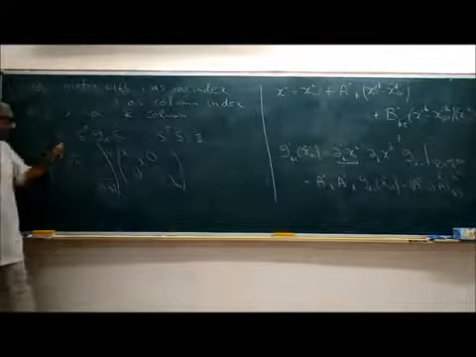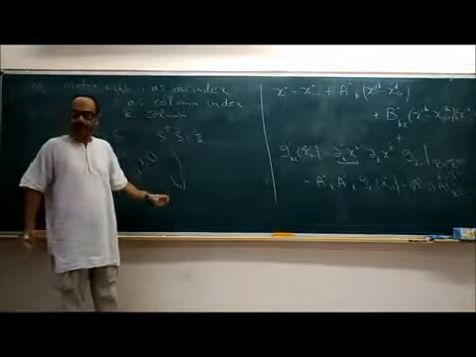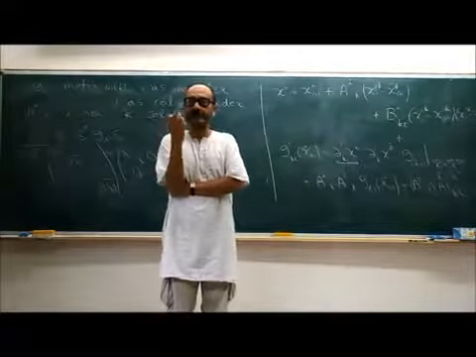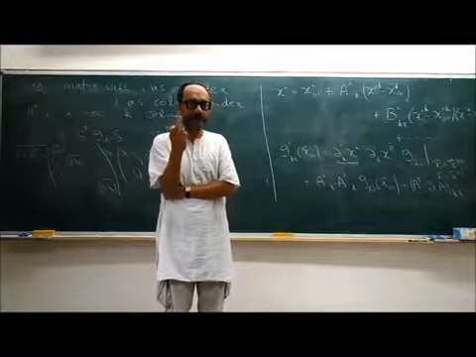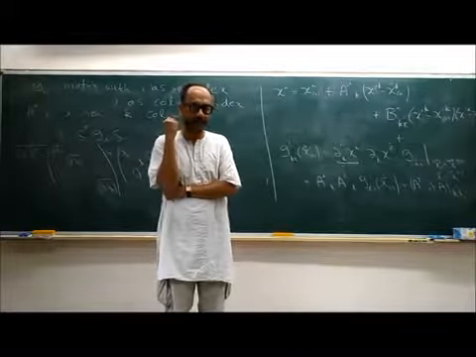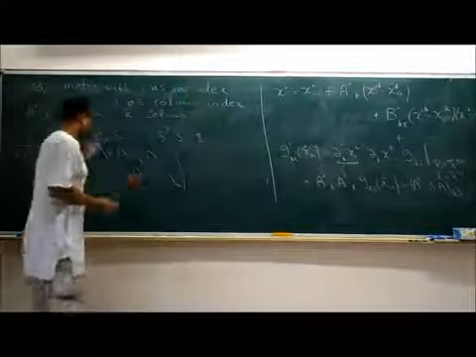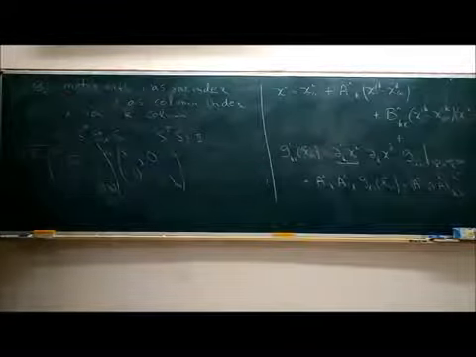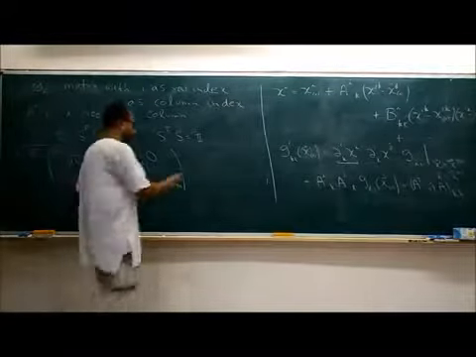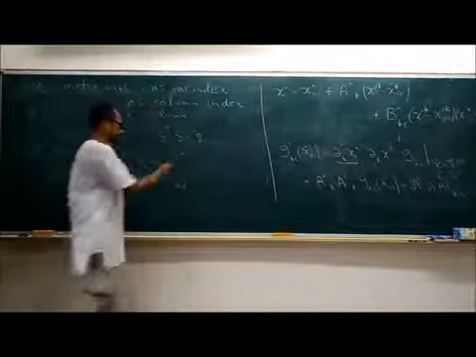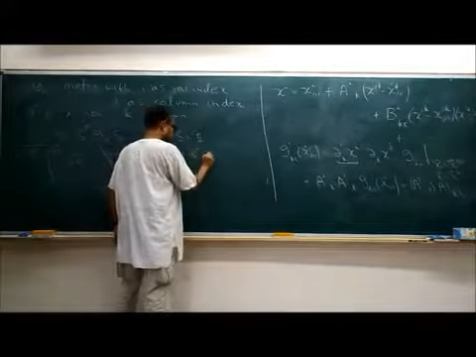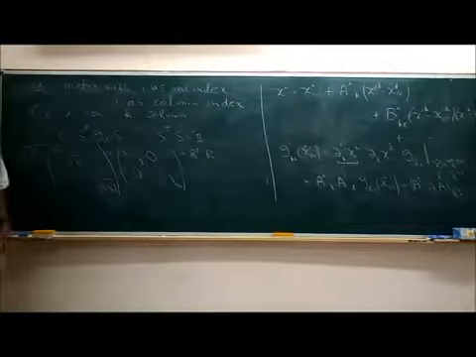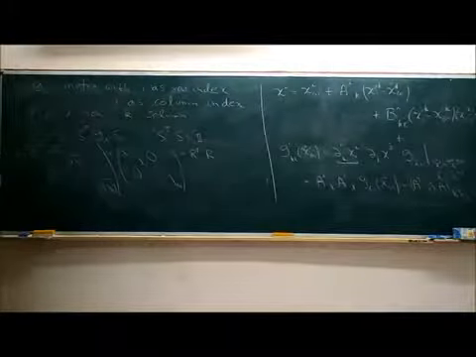Now I am assuming that none of the eigenvalues are 0. Because if the matrix has a 0 eigenvalue, that would mean that it's singular, because you can displace in one direction and the distance is 0. We don't want such eigenvalues, so we are assuming all eigenvalues non-zero, and hence this makes sense. So now we can write this diagonal matrix as R transpose R. R transpose is the same as R. You could have written it as R squared, but I write it as R transpose times R.